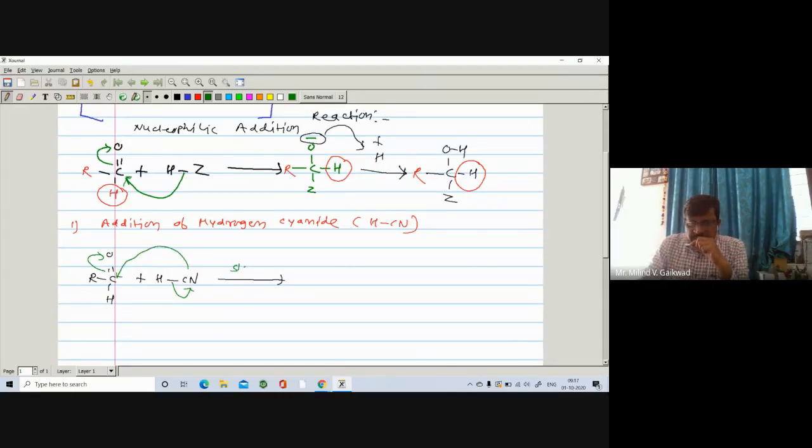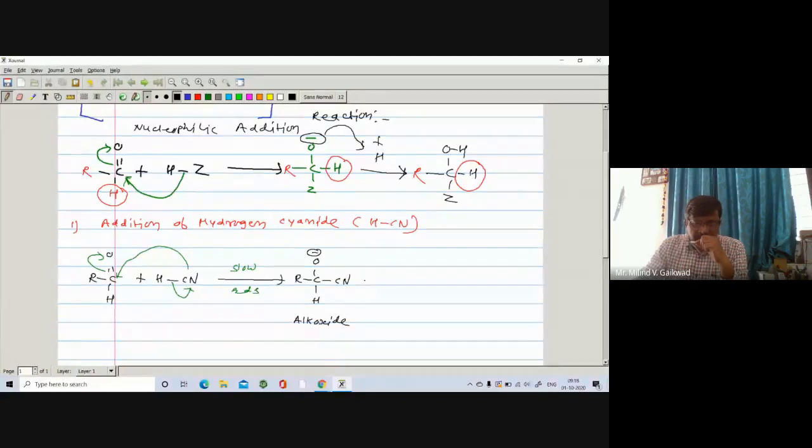So the first step, attack of the nucleophile, is the slow step, that is the RDS step, and there is a formation of the corresponding alkoxide. I have just changed the Z to CN, so you get the corresponding alkoxide. Here is the H and here is a CN. Here is the R group and O alkoxide. It is similar to RO minus, so it is your alkoxide.